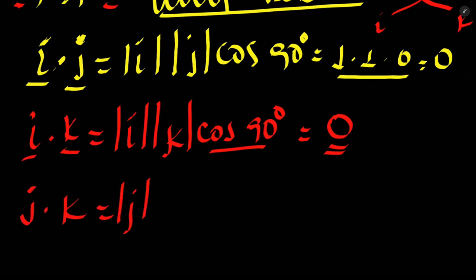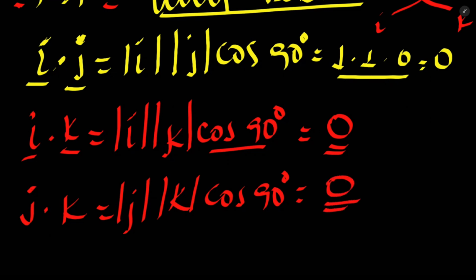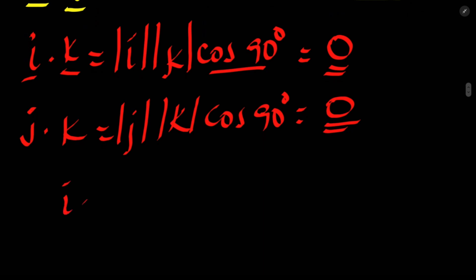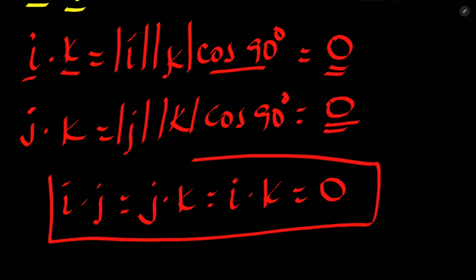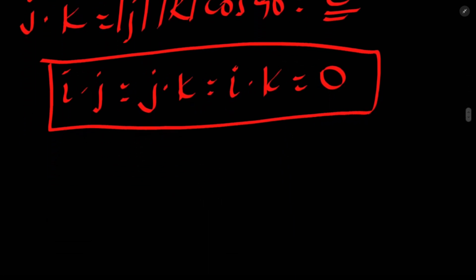ሌላኛው ደግሞ j with k ዶት ፕሮዳክቱን ብንሰራ you have to take the magnitude of j times the magnitude of k times cos of 90 degrees. still j ከk ጋር 90 ዲግሪ ነው። ሶ ፕሮዳክታቸው still 0 ነው የሚሆነው ማለት ነው። ስለዚህ እንዳትረሱት i dot j, j dot k እንዲሁም i dot k የነዚህ dot product clearly 0 እንደሆነ እናውቃለን since they are mutually perpendicular to each other, cos 90 degrees 0 ስለሚሆን ማለት ነው።